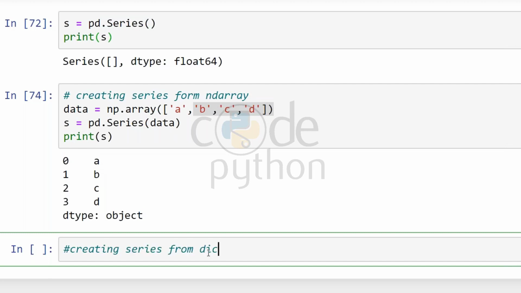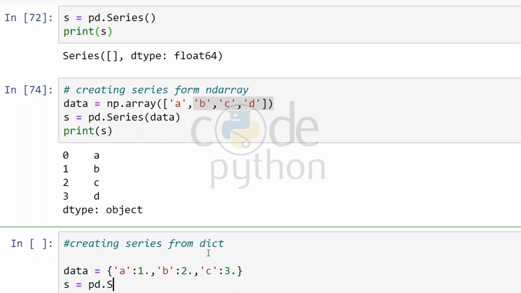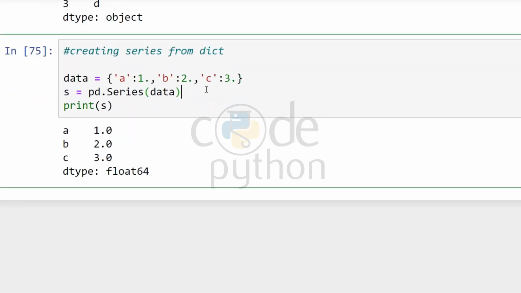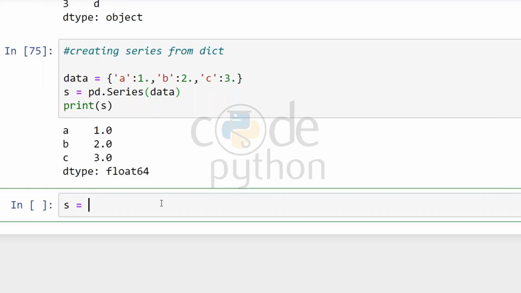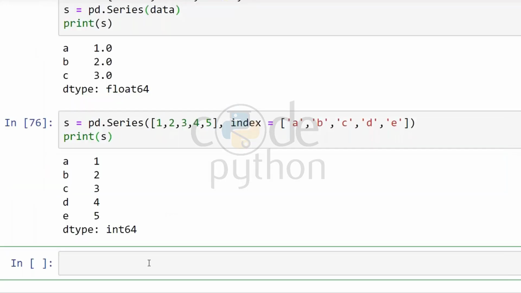Creating a Series from a dictionary. Again I'll take data is equal to pd.Series. Here you can see the result of creating a Series from a dictionary. Let me tell you one more way to create a Series, and I'll write here index. This is also one way you can define the index. All right, and when I print s, this is it.